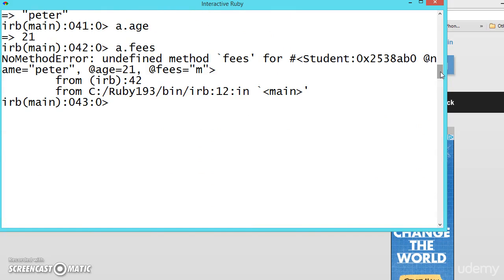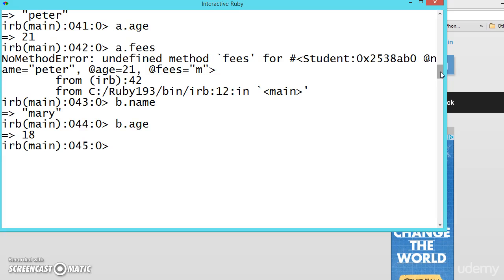We can hide some of the data from the user access, like this b dot name, b dot age. Like this we can access and play around with it. Hope you understood. Keep practicing. If you don't practice, you will get very confused when we go into the further concepts. Make sure you definitely practice.